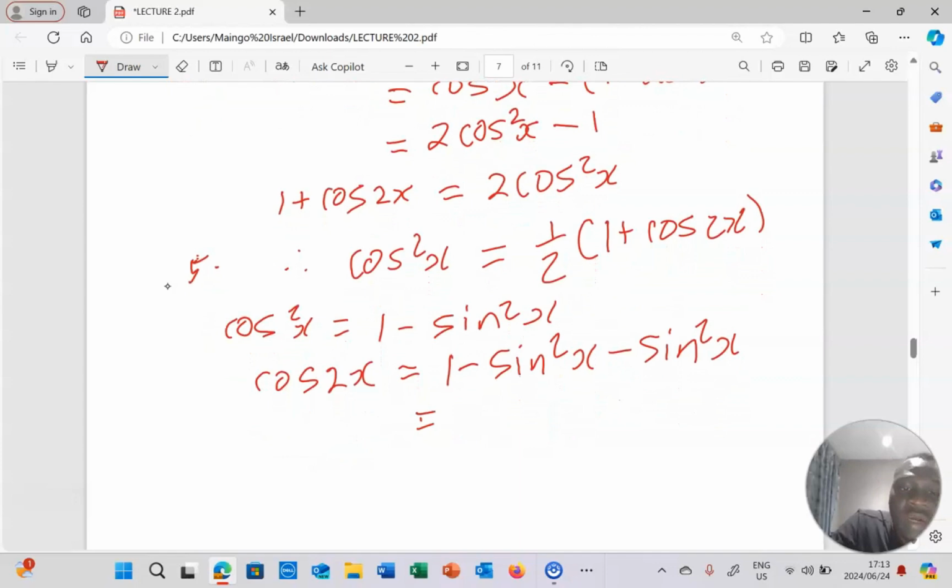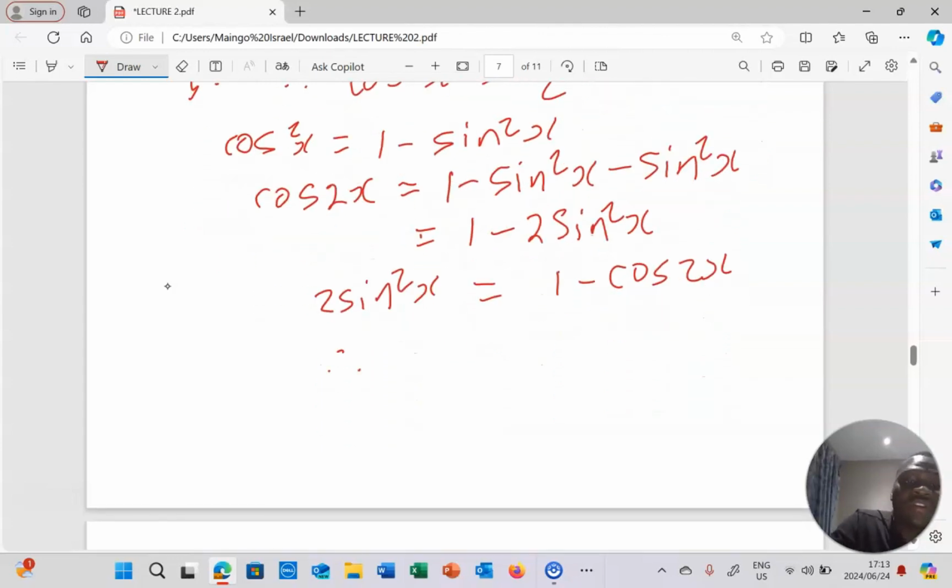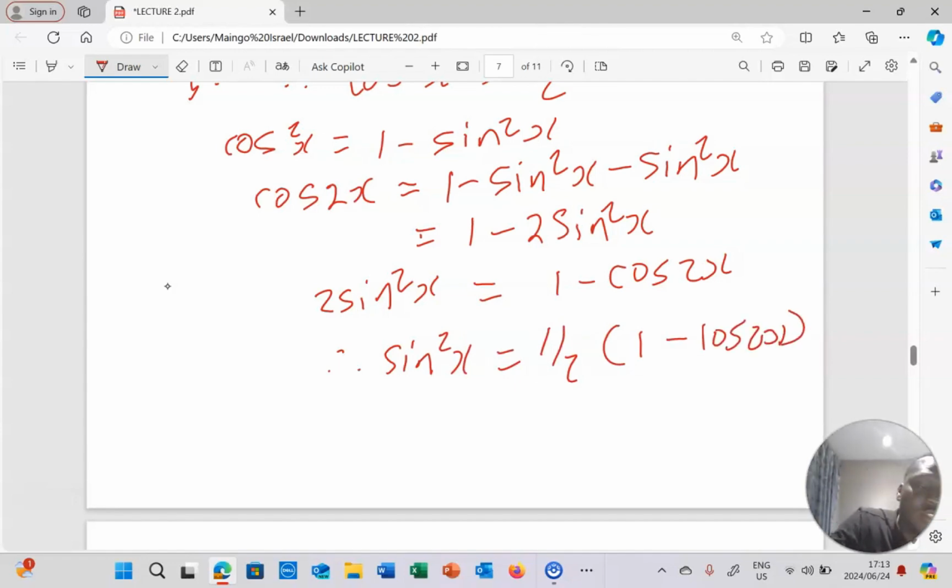So this will add up to minus 2 sine squared x. So when you take 1 to that side, we can have 2 sine squared of x equals 1 minus cos 2x. Therefore, sine squared x equals 1 over 2 times (1 minus cos 2x). This is